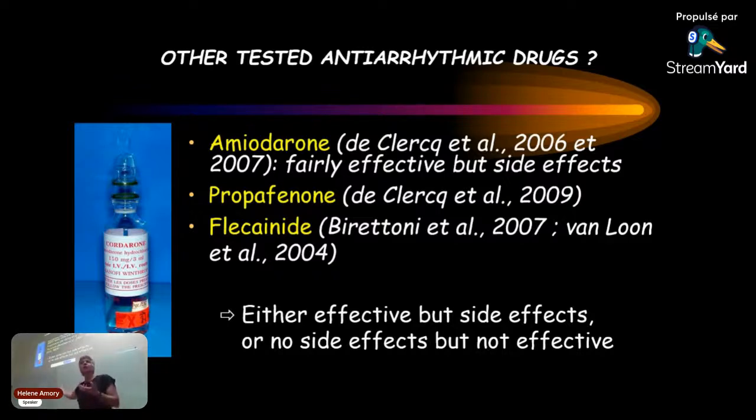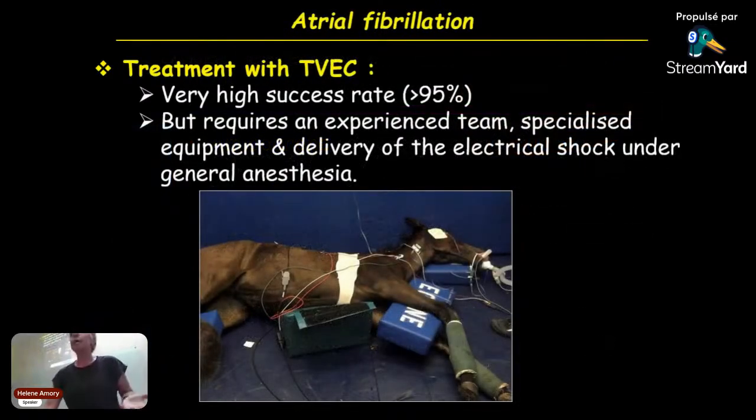I don't know, these are anti-arrhythmic drugs of human medicine, because I'm pretty sure you can find them on the market here. I don't know if you use them in horses. It works, not very well, but it can give some results, but there are a lot of toxic effects with those drugs, okay? More than with the quinidine sulfate we had. And then now, recently, there is a new method to treat these horses. It's electric cardioversion.